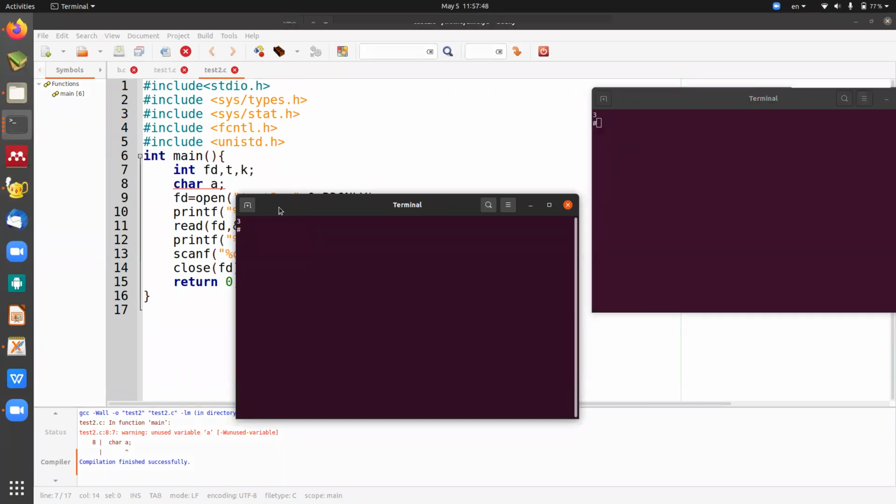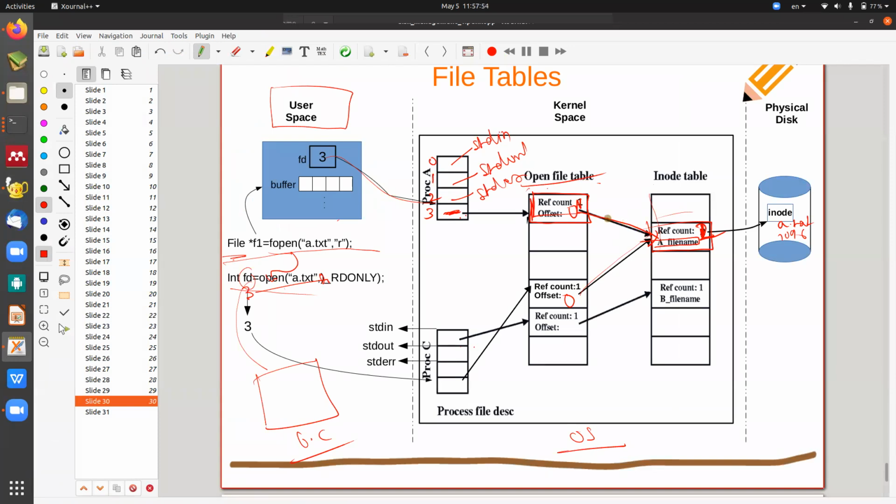If you created only one entry at this place, then what happens, after he is reading one character, इसका ऑफसेट 1 हो जाएगा कि नहीं? वो क्या रीड करेगा? आई. हैश इंक्लूड में हैश फर्स्ट कैरेक्टर है, नेक्स्ट कैरेक्टर आई है कि नहीं? If he is maintaining a single one, suppose ये मेंटेन भी नहीं कर रहा है, इसको अगर मेंटेन करेगा, यहाँ पर ऑफसेट एक रहेगा कि नहीं? And this offset will be gradually changing. अगर फर्स्ट फाइल चेंज कर दिया, सेकंड फाइल के लिए वो कहां से रीड करेगा? आई से रीड करेगा. But do you want like this? No. If two processes are accessing the same file, read file, both have to read the whole content or not. समझ में आएगा? Yes.